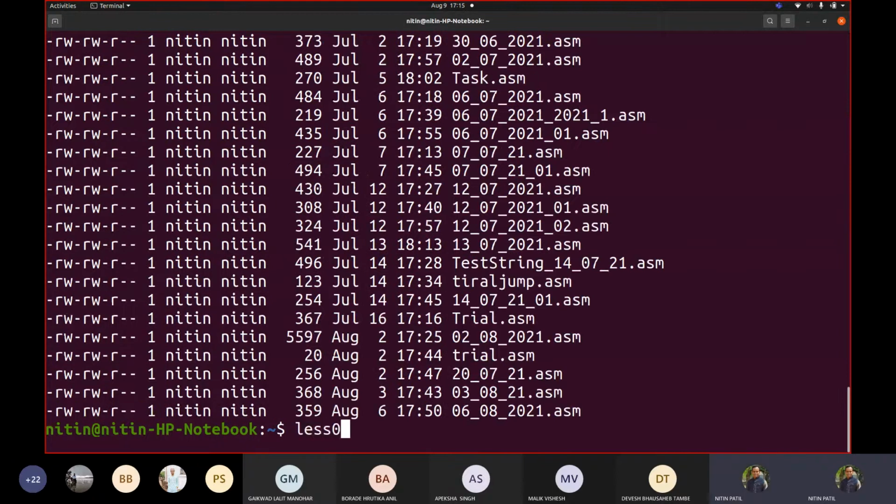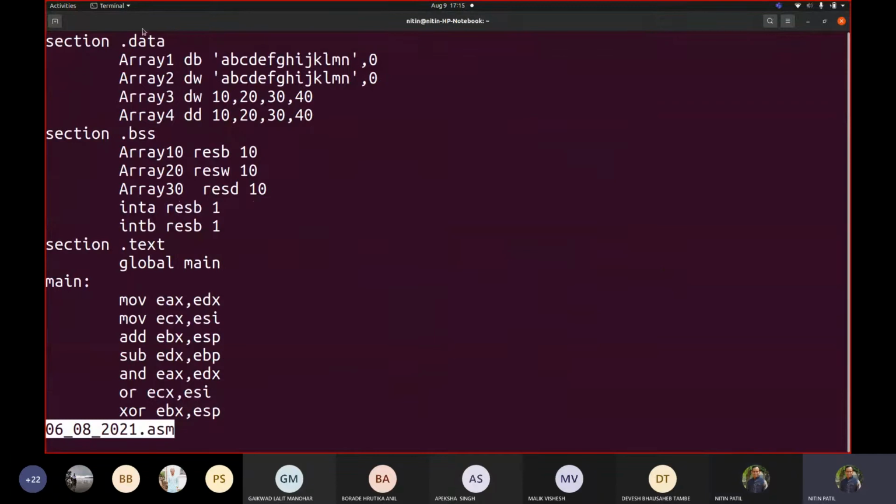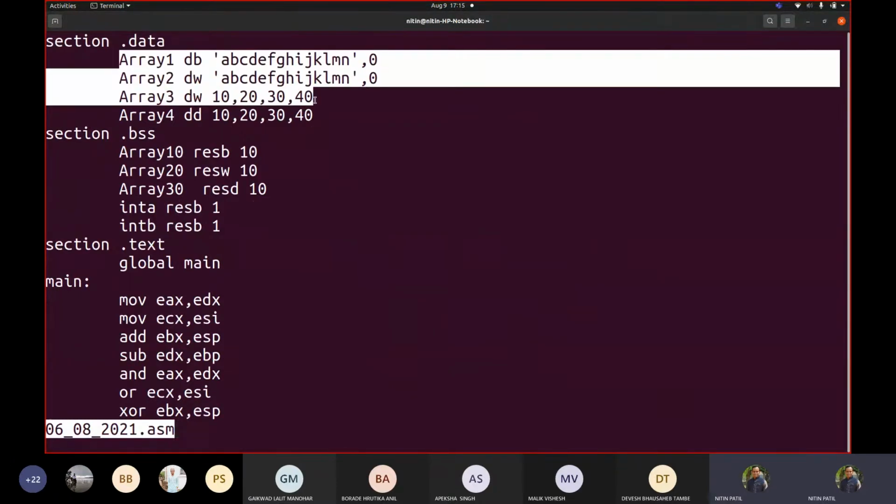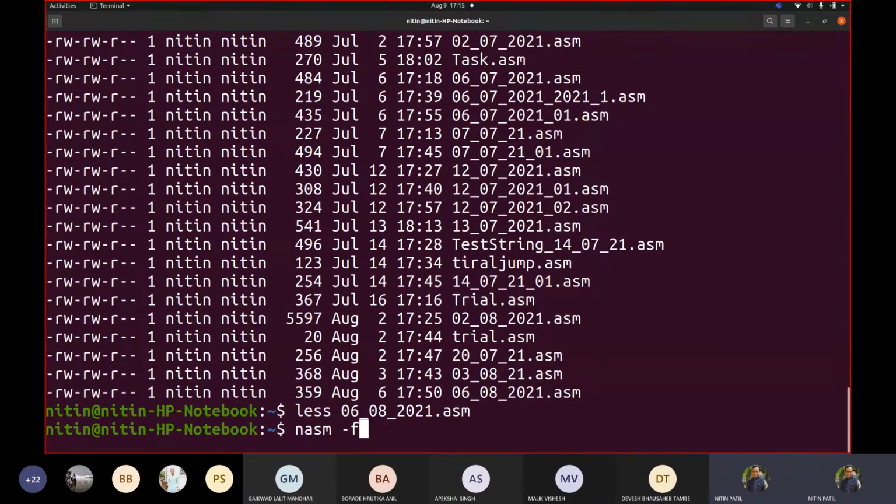So say, for example, let me take the ASM code which we wrote, 06 08 2021.asm. If you see this code, we have these elements added. So if I try to translate this code, say, for example, nasm -f elf32 060821.asm, and I'm not generating any LST file right now.